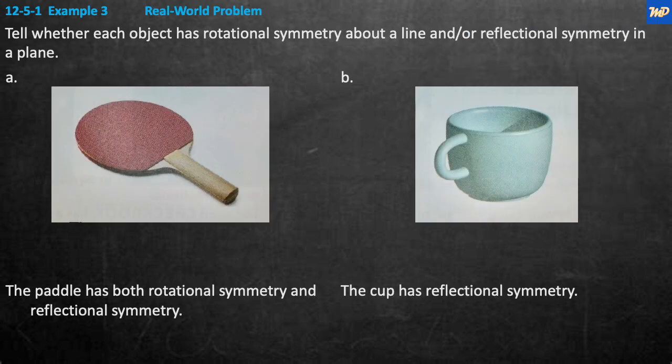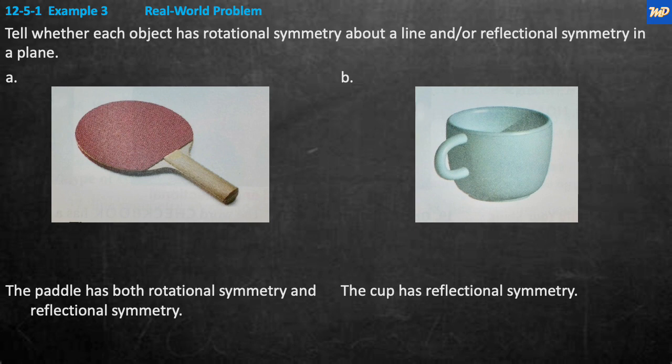Okay, example 3. It's a real world problem. Tell whether each object has rotational symmetry about a line or reflectional symmetry in a plane. Or both, possibly. So the first one's a ping pong paddle. If we look at it, it says, does it have rotational symmetry? Well, the way we look at it right now, I'm going to say no. Let's go on to